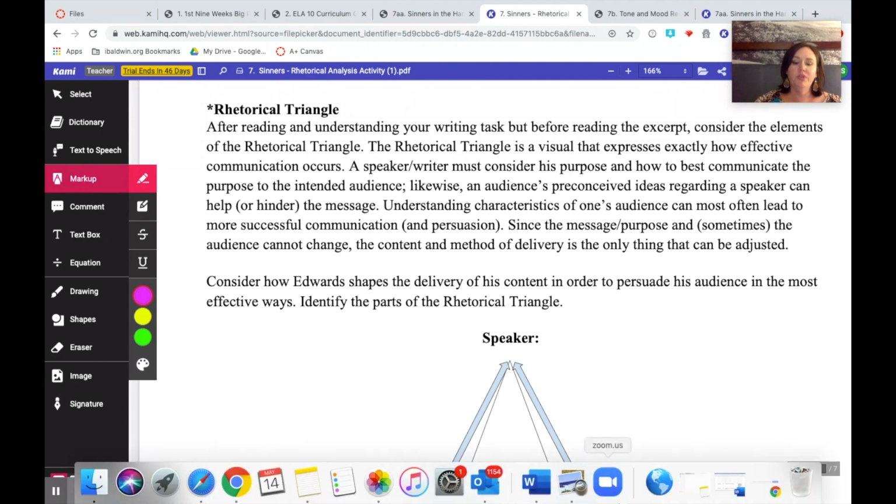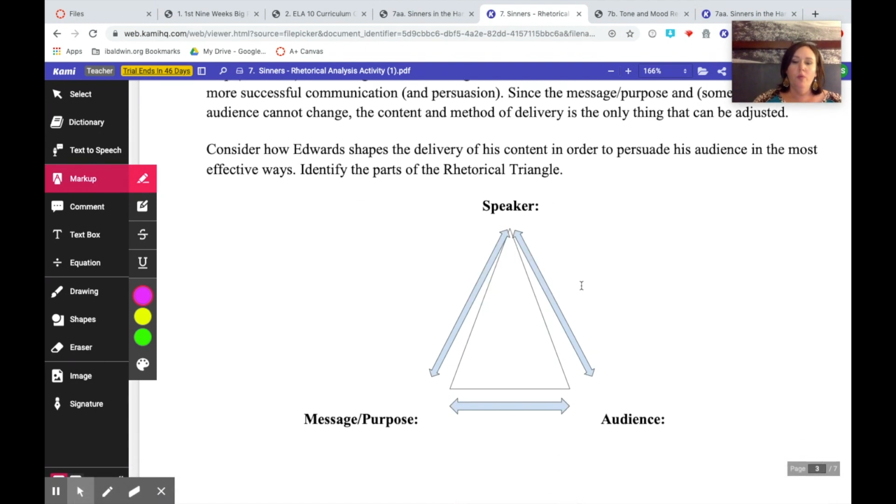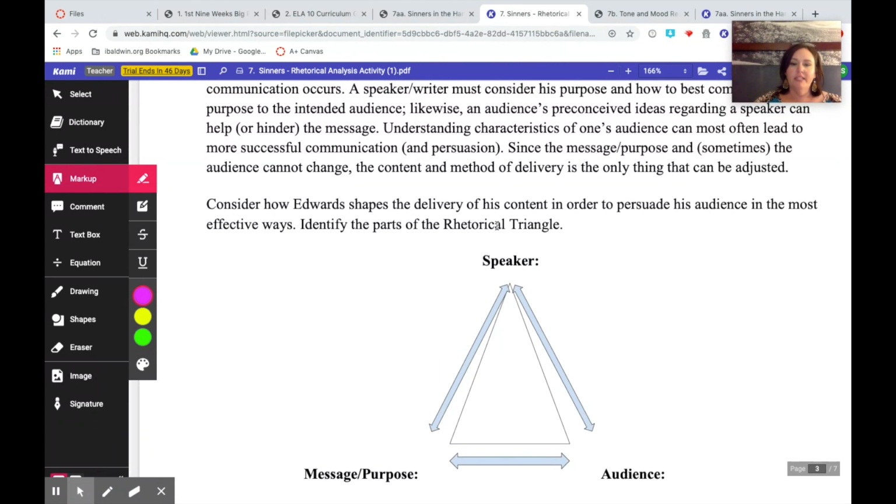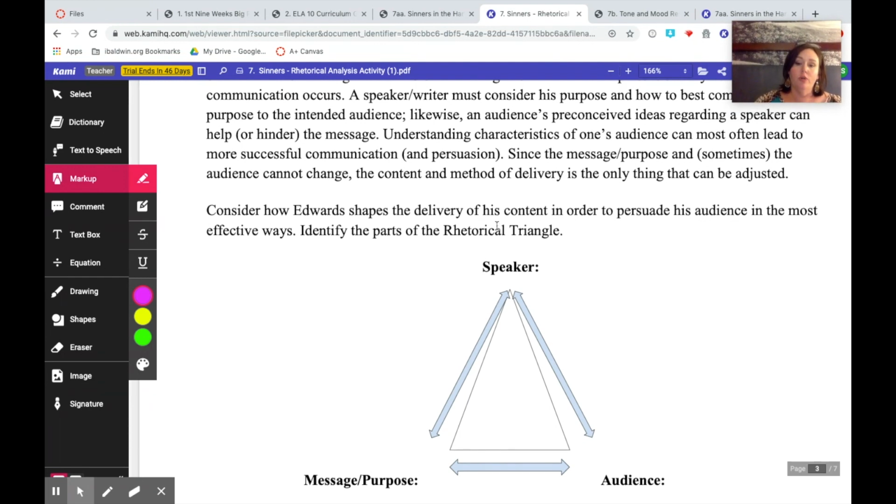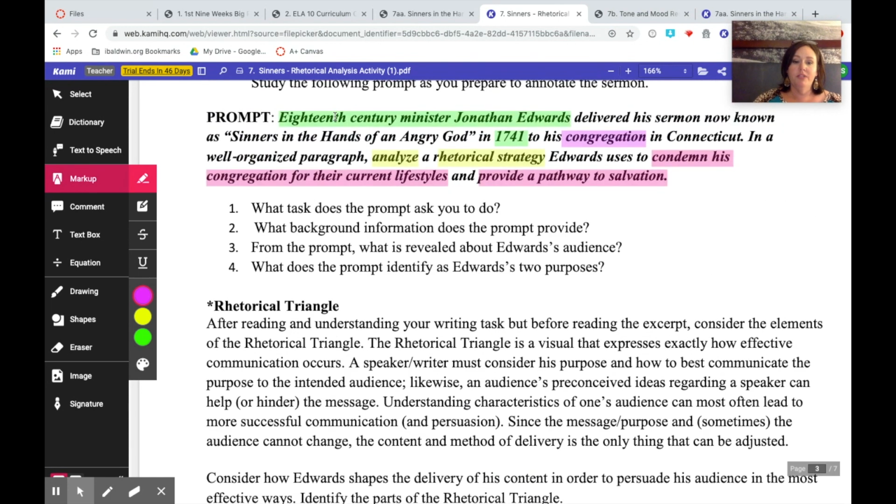And so you'll guide students through the points on the triangle with just the information that they were able to get from the prompt. They still have not read any of the passage yet. And so they would know that the speaker is Jonathan Edwards. They would know that his audience is his congregation, and his message or purpose, they could just go right back up to these 2